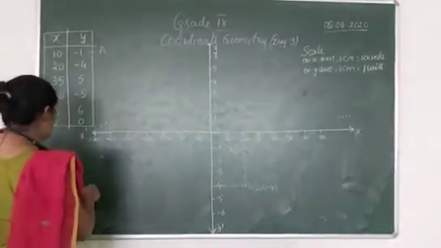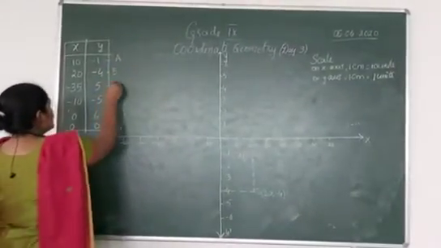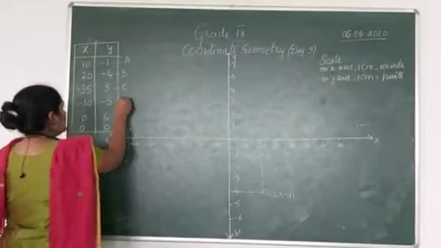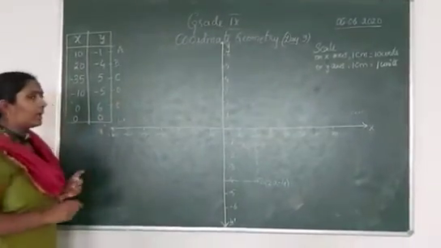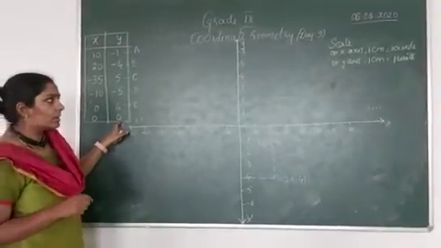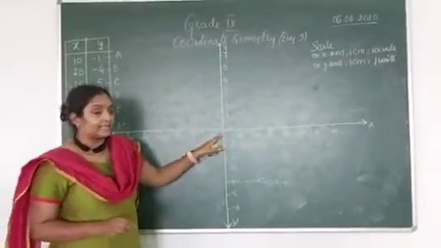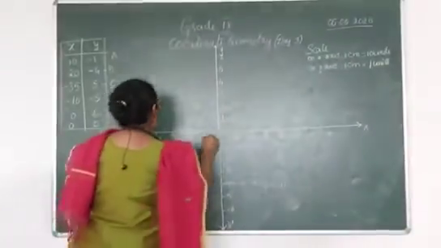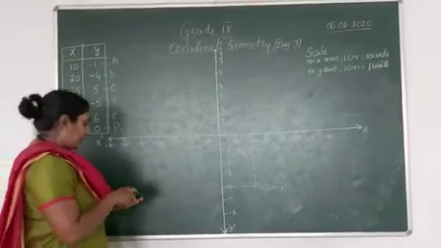Now coming to the third point, let this be point B and this be point C and this be point D and this be point E. And if you realize, here we are going to plot 0, 0. What is 0, 0? 0, 0 is nothing but the point of intersection of the axes, the origin. So this is always O, right? So now let's go to the point C.